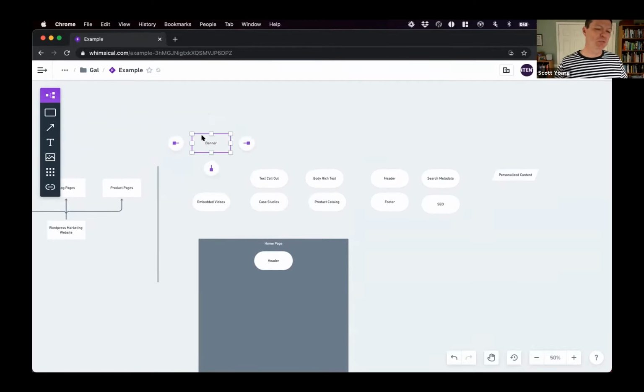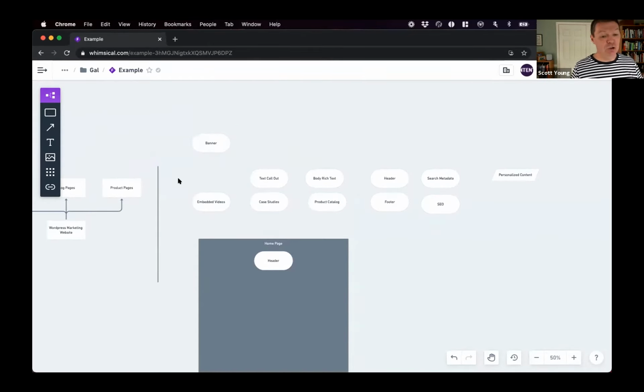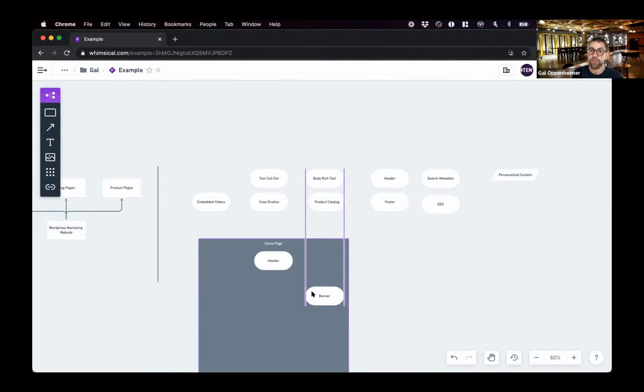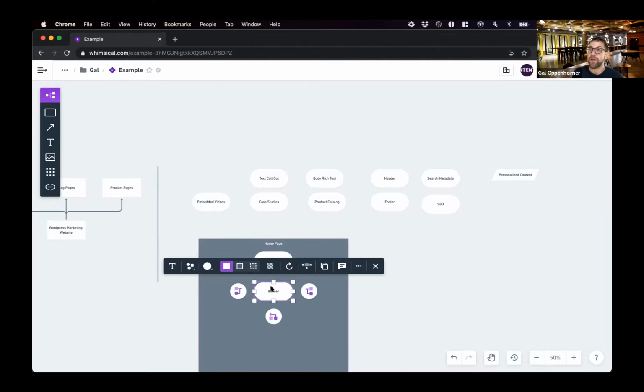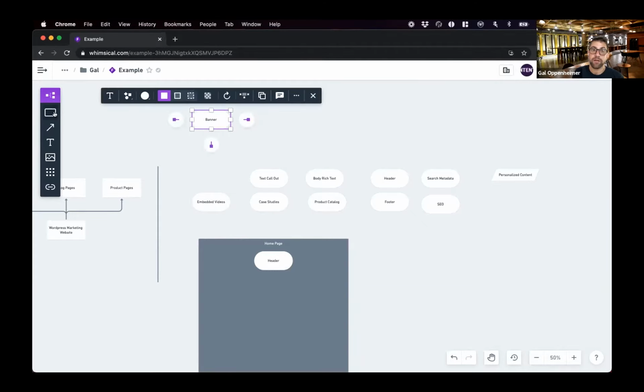But let's dig into this. Can I just probe on that? When you say update, you mean add additional information, additional fields to the header, that could be applied into all of the pages? Exactly. Let's say, for example, this banner, we started with just a banner as the first top item. And then after 6 months, we realized, hey, we don't actually want a banner. What we want is a carousel.